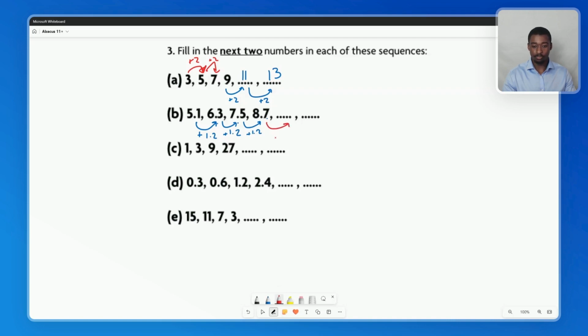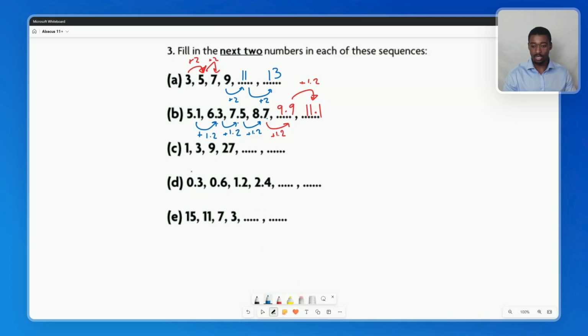What do we end up with? Well, if we add 1.2, we have 9.9. And then we add again 1.2, we have 11.1, right? Because 0.2 takes us from 9.9 to 10.1, and then the additional 1 brings us to 11.1. Okay, now